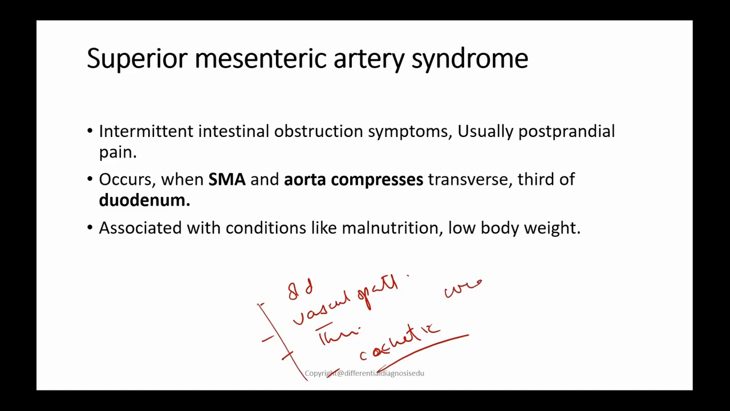Weight loss. So usually these patients can have this kind of syndrome. They will present with postprandial pain. They will be scared of eating. That's why they will lose more weight. So what happened? The superior mesenteric artery and aorta compress